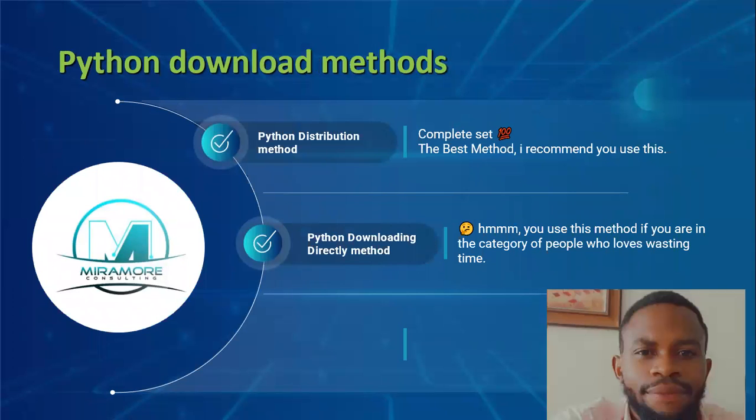Good. Now, I want you to know that I have provided two ways you can download. The first way here is the Python distribution method. If you look at my screen, I pointed it out clearly that this is the complete set. And this is the best method, which I recommend every data scientist and data analyst to use whenever they want to download and install Python. Now, I'm going to tell you the reason why this is the best method for me. Since you're a beginner,